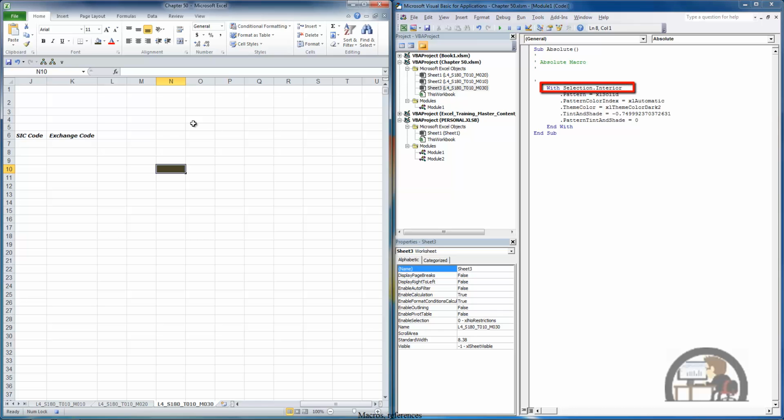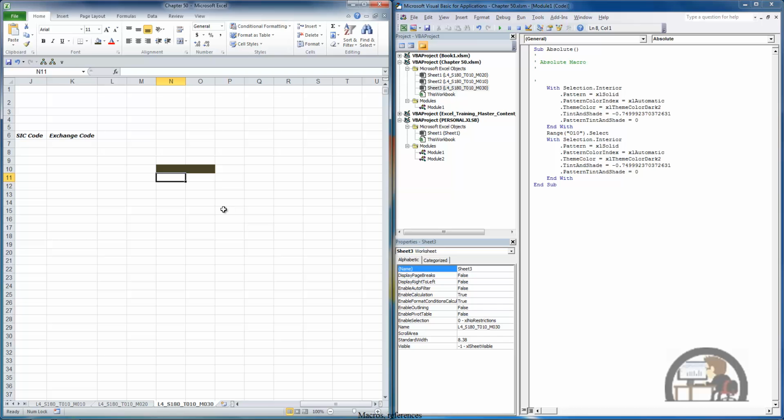It says with selection. And even though we're recording an absolute referenced macro, what we just did so far was actually record a macro with a relative reference. And the reason for that is because we selected our cell before we recorded the macro. If instead I was to select a cell, Excel records some VBA code with a reference to a range that is the cell I just selected, that's hard-coded, and then I put a fill on that cell. The rest of the code looks the same, but I actually have 2 different references here. I'm going to turn off the macro recorder,